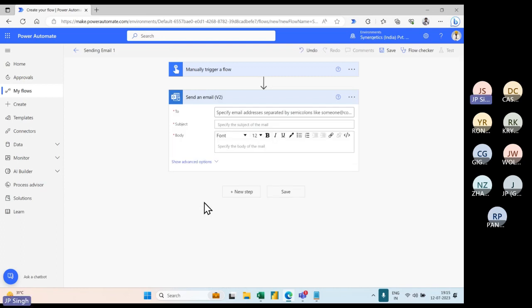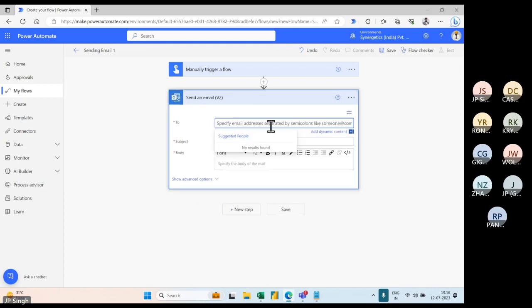It will give me a connector, a small window, and it is telling me what to write there. So I said, OK, I am going to work on two. I'm writing my email ID, my personal email ID, which I'm using for this purpose, .net@hotmail.com. So this is a static